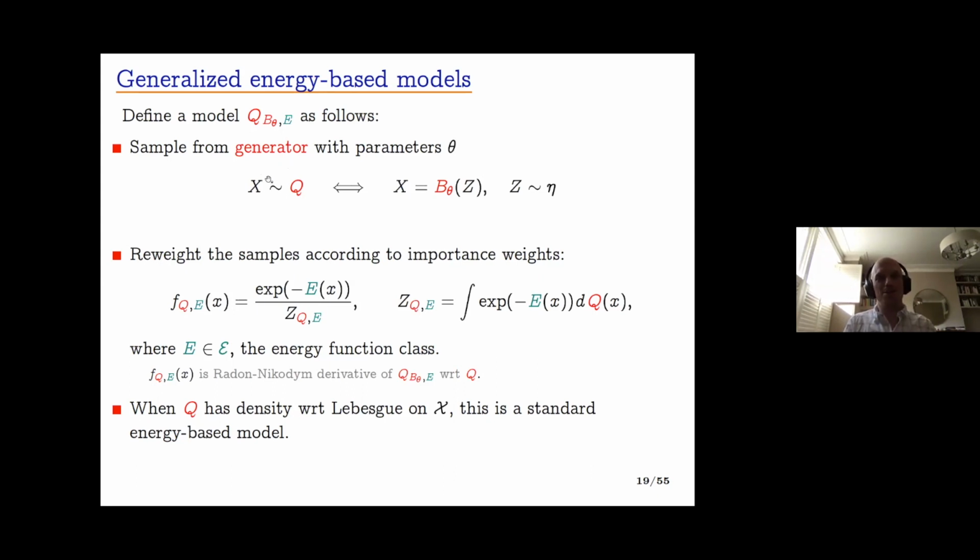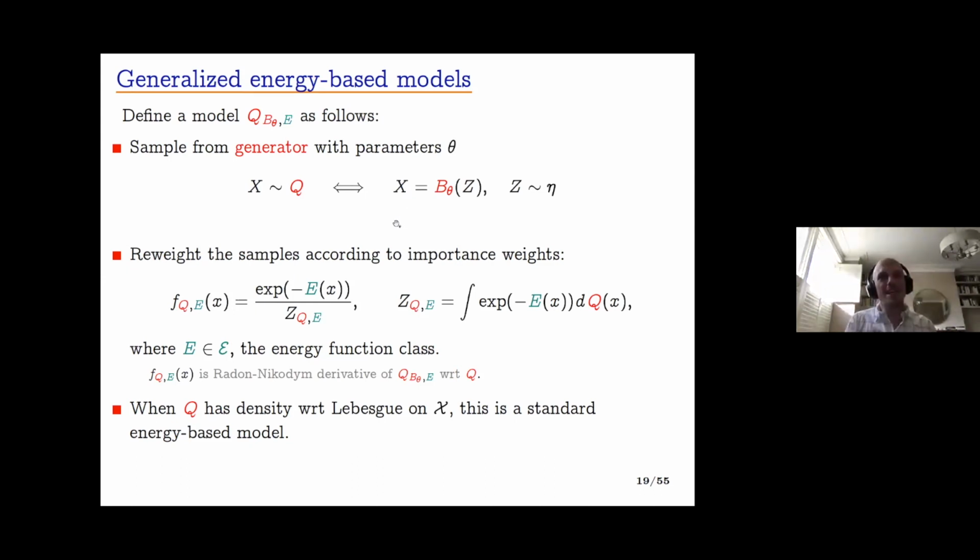So to show in equations what I showed graphically in the previous slide, my generator with parameters theta is going to take a Z drawn from a known distribution, eta, and then push it through G theta. So this is my set of neural network filters to produce an X in a higher dimensional space. So Z is low dimensional, drawn from a known distribution, X is high dimensional. And these are, for example, the images.